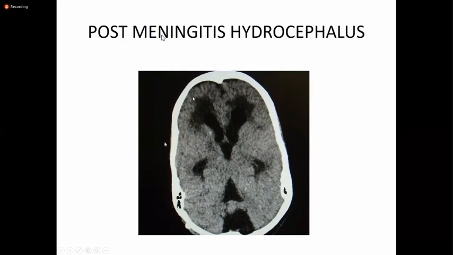And this is periventricular lucency, another point to diagnose the hydrocephalus. And this is dilated temporal horn, another point to pick up the hydrocephalus. This is the dilated fourth ventricle. So fourth ventricle is dilated, temporal horn is dilated, third ventricle has ballooned up, frontal horn is giving Mickey Mouse appearance, and there is periventricular lucency. So this is the way you pick up the hydrocephalus on the CT scan.